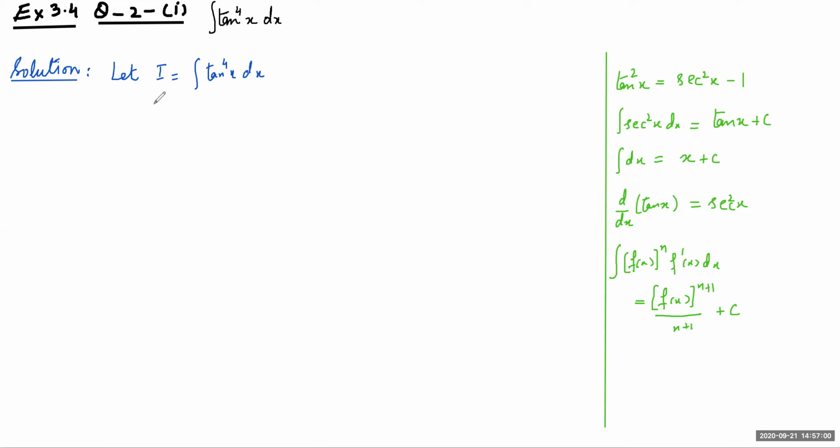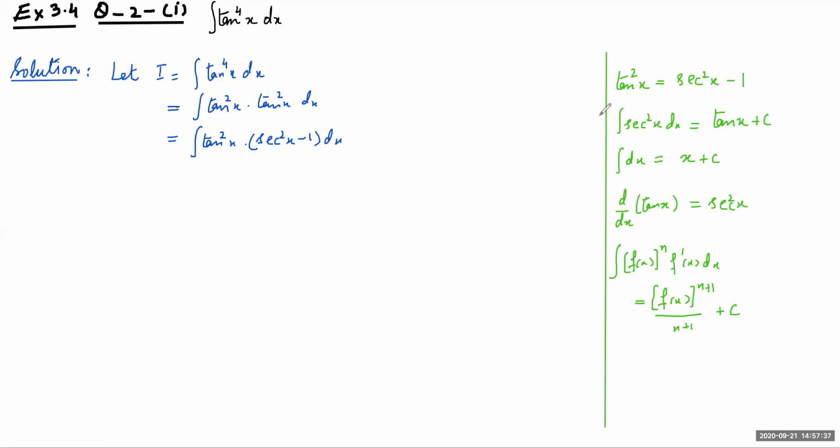Now let's start the solution. I have named the integral as I. Integral I equals integral tan⁴x dx. We write this tan⁴x as integral tan²x into tan²x dx. Now what I'm going to do, I'm going to keep one tan²x as it is, and I'm going to write this tan²x as sec²x minus 1